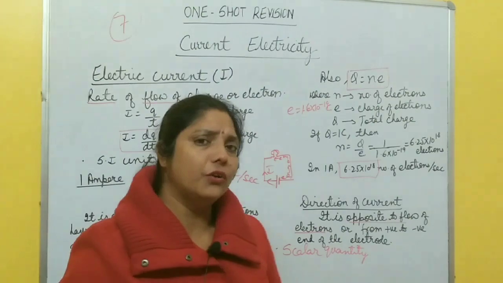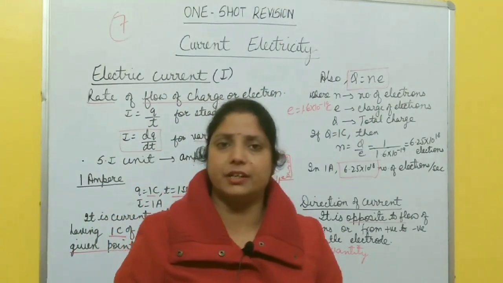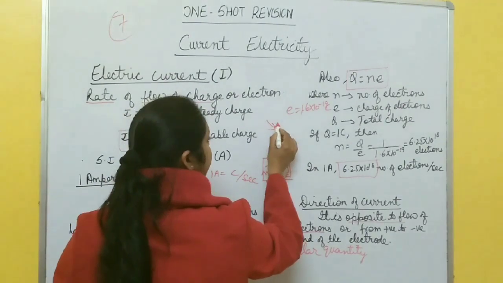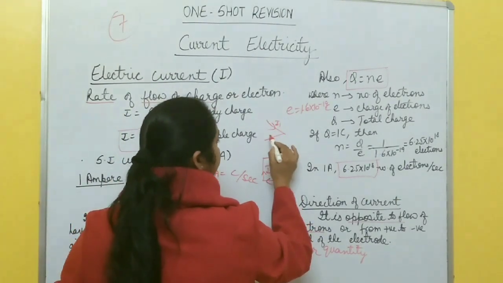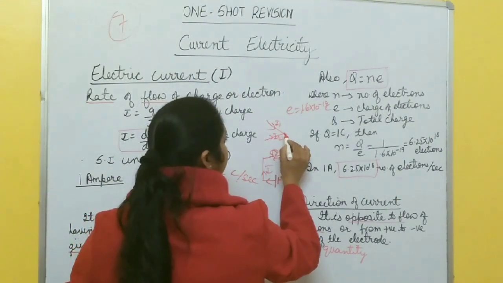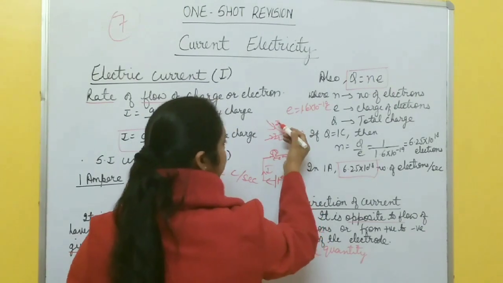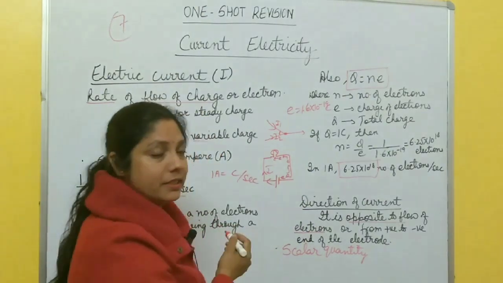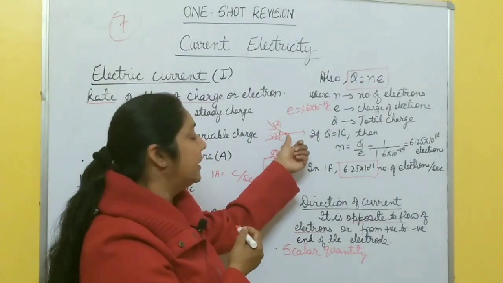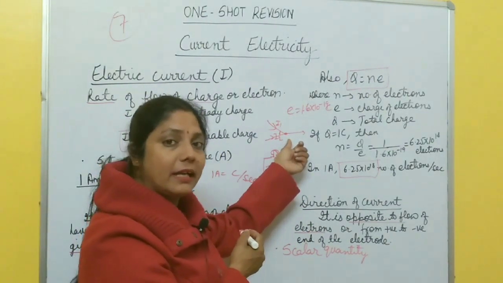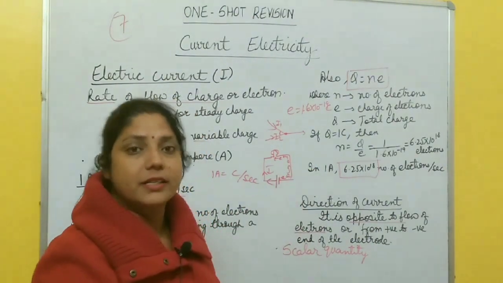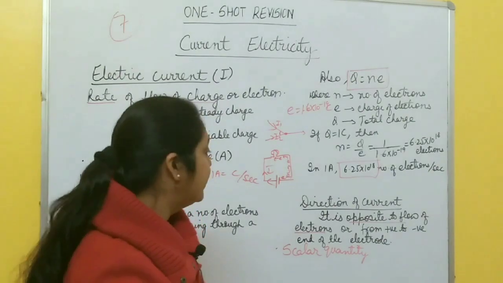Because it does not follow the scalar-vector law of addition. If there are 2-3 wires, suppose in one wire current is flowing in this direction and in another wire current is flowing in this direction. So the total current at this point is just the sum; it doesn't matter what the angle between these two wires is. It simply adds like a scalar quantity, right? So current is a scalar quantity, it is not a vector quantity. You must remember this one.